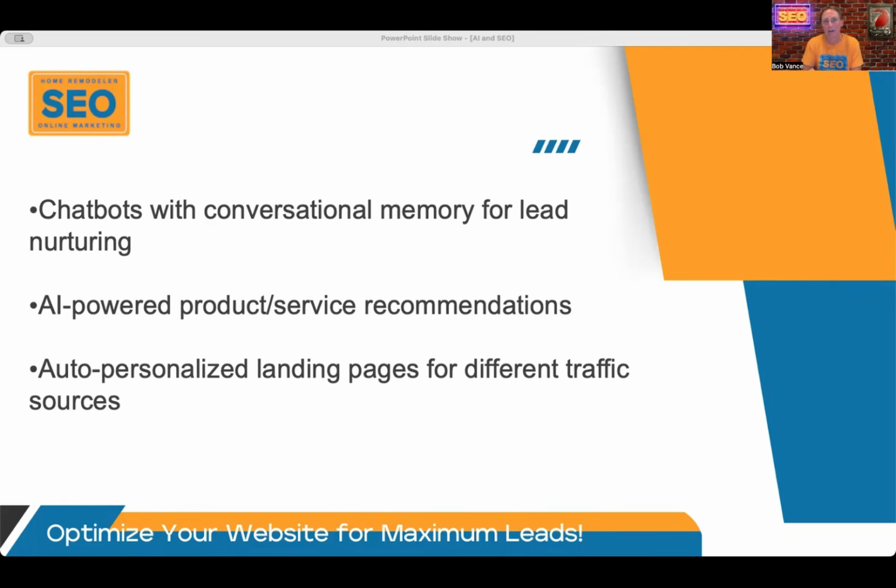And then AI-powered product and service recommendations. Predictive algorithms suggest services or content based on previous user behavior. So this helps increase the upsell and cross-sell potential. An example is a visitor that reads a blog on, say, bathroom tile trends.